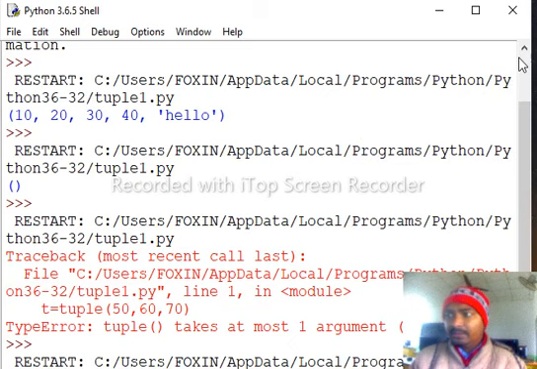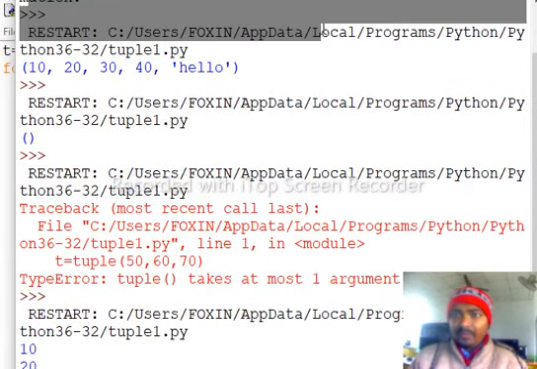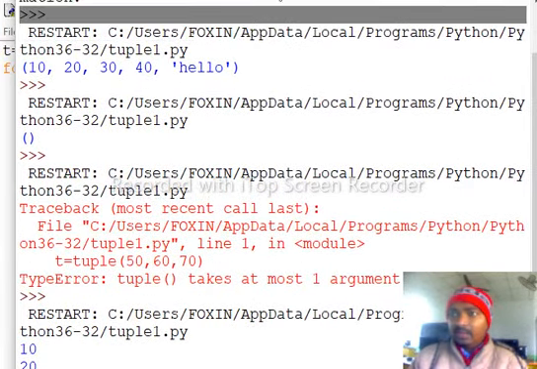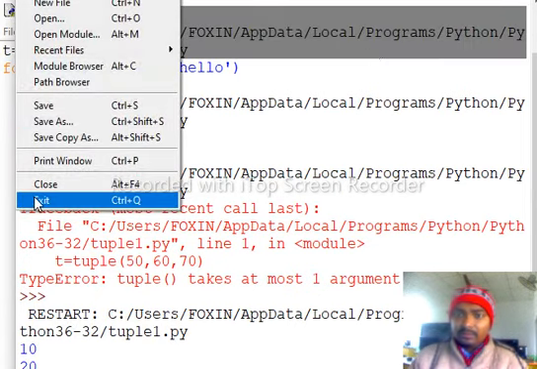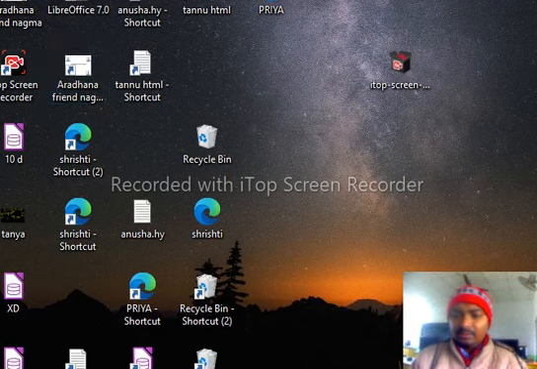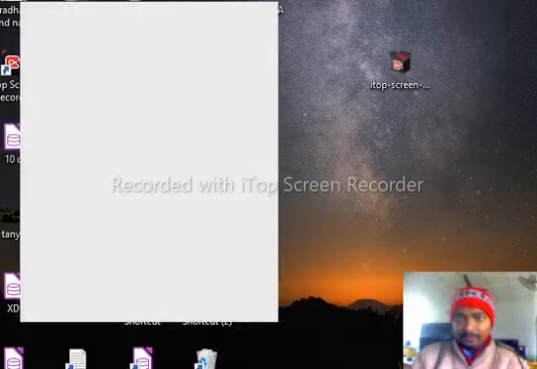Okay, close everything. Now I'm going to open another program.